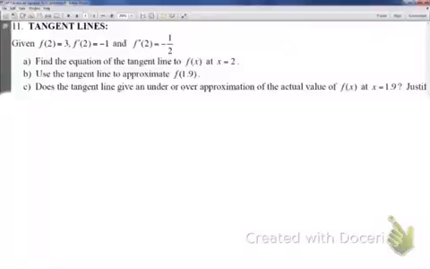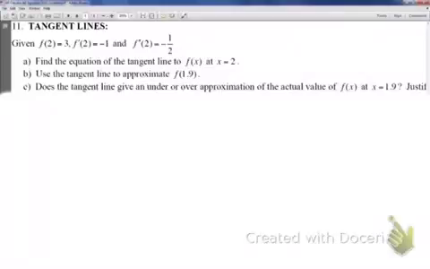So what x value are we looking at? Each one of these things, f of what? f of 2 equals 3. f prime of 2 equals -1. And f double prime of 2 equals -1/2. All right? So they're telling us information about the original function, the first derivative, and the second derivative at x equals 2, which means x equals 2 is probably a key point or a key focus of what we're doing